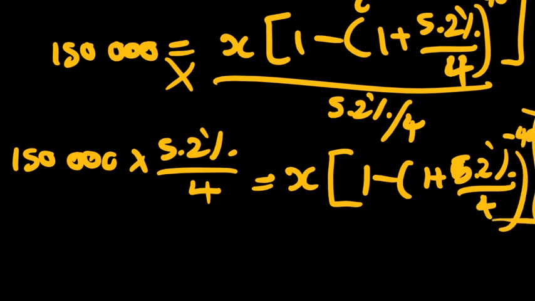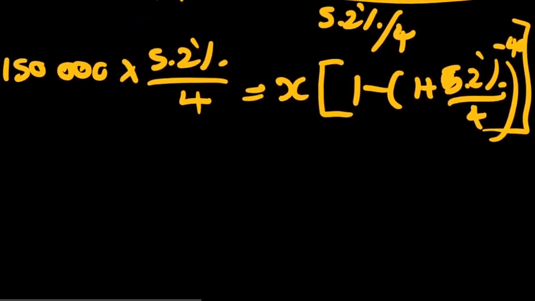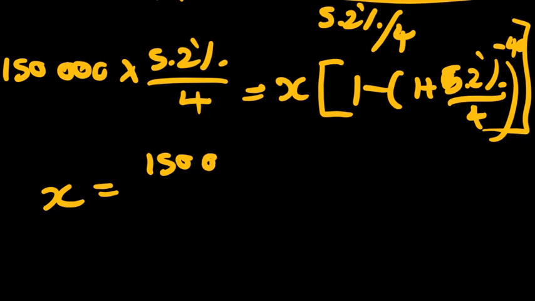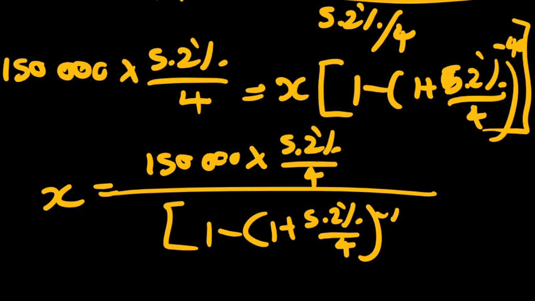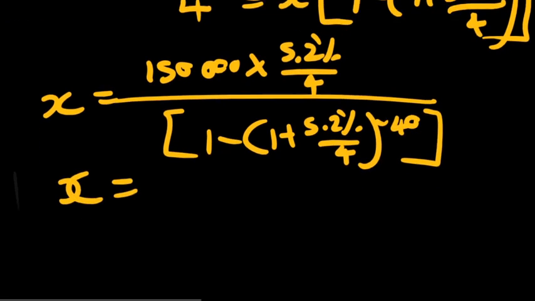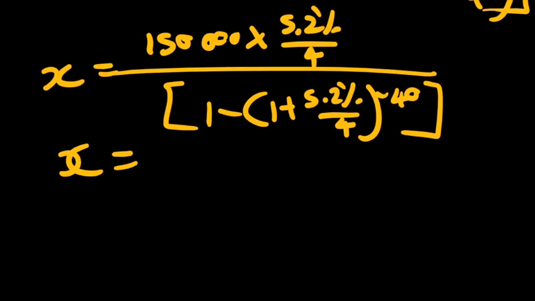And then you divide out, we should get x is equal to 150,000 multiplied by 5.2% over 4, divided by 1 minus 1 plus 5.2% over 4 to the power of minus 40, right? So my x, my monthly payment for this loan would be,